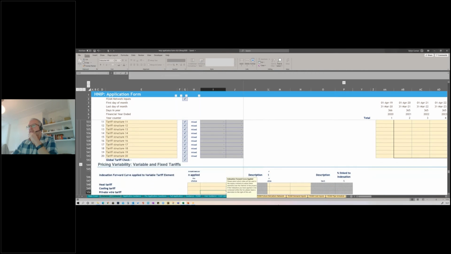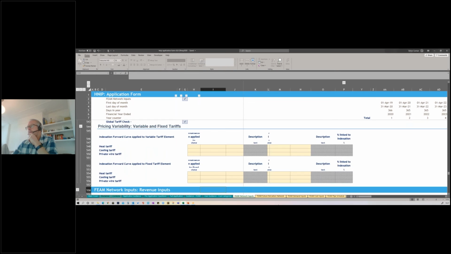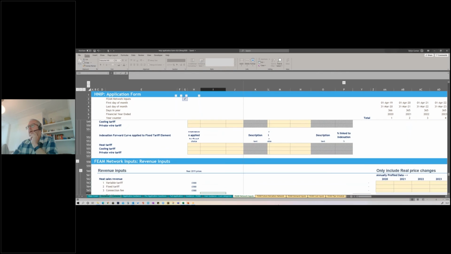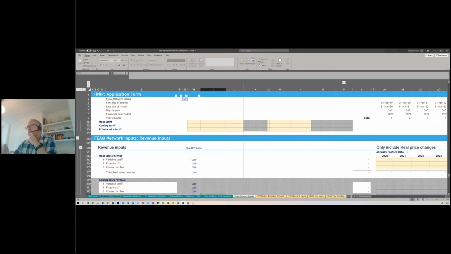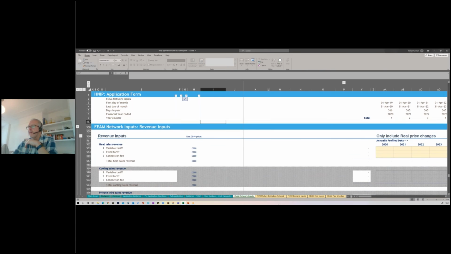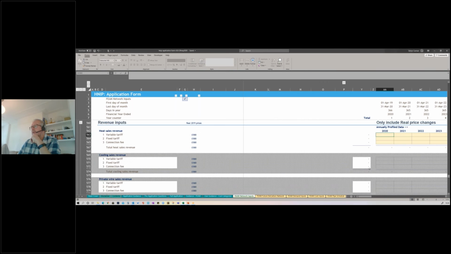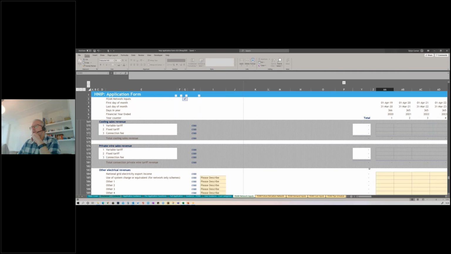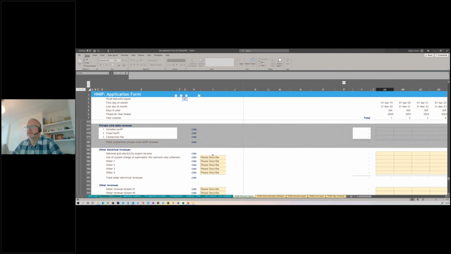And then down here we have a tariff structure, which we ask you to provide some information on tariffs. And then here, this is kind of the heart of where the intervention calculation is driven from. So we ask for total summary revenues for the scheme in real terms: variable, fixed, connection fee, cooling, private wire, which are greyed out at the moment because they weren't selected up at the top, electrical revenues,